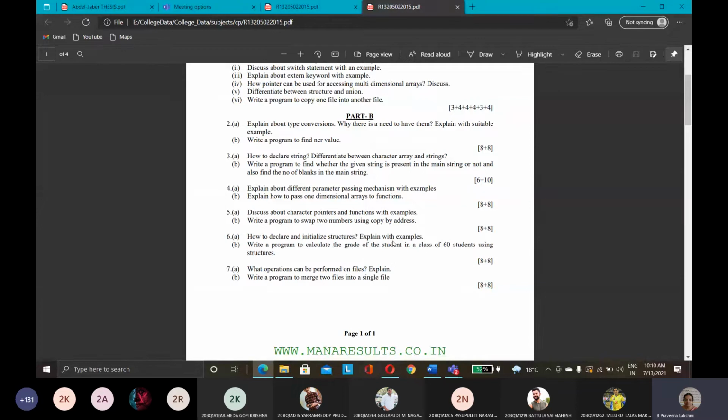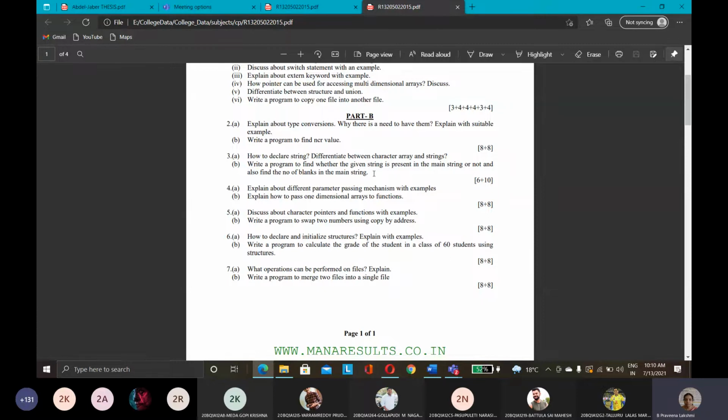And mostly we have the same syllabus for all the regulations. Whether it is the 19 or 20 regulation, or 16 or 13, whatever the regulation may be, there is the same syllabus. Only some topics may be moved from first unit to second unit, or second to third unit, or third to fourth unit, something like that. Only there is a difference. Other than that, all the topics are the same from the previous regulations to the current regulation.